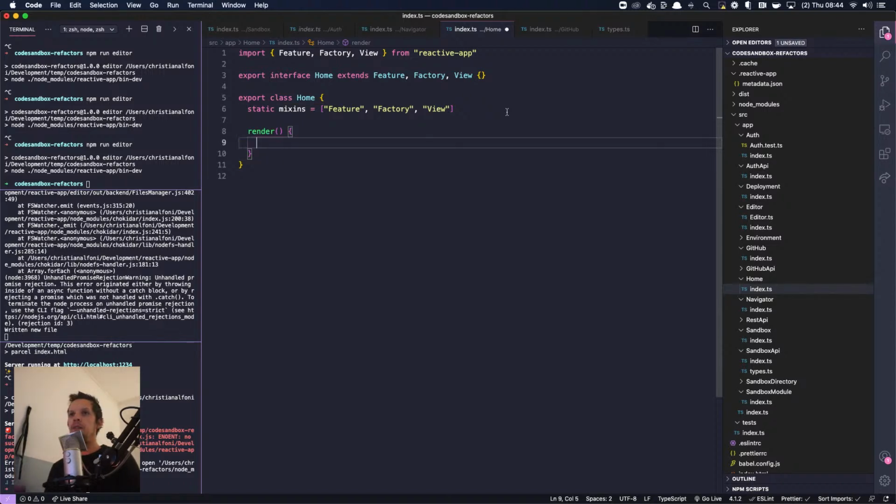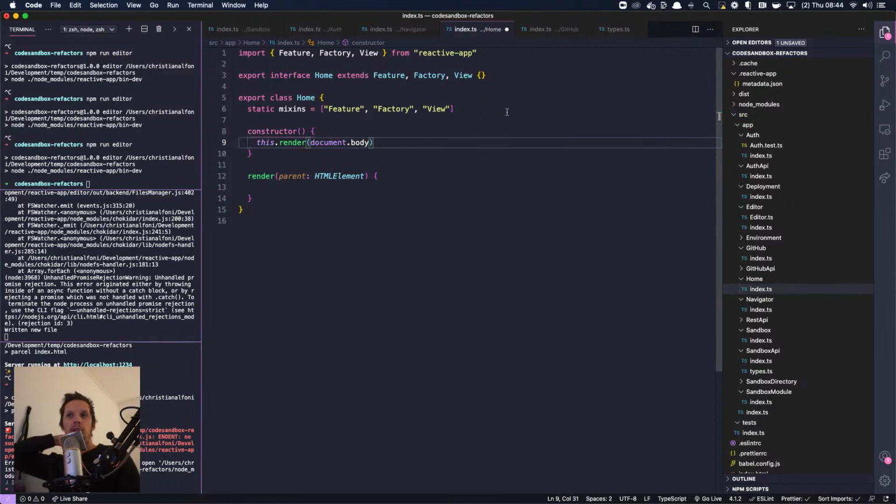This render method is going to take the parent, which would be like parent HTML element. And we are going to, okay, so we're just going to, when this thing is created, we are going to render to